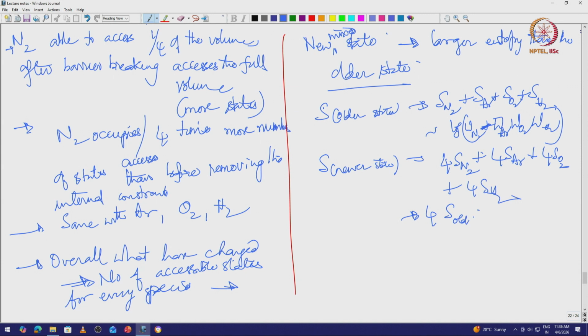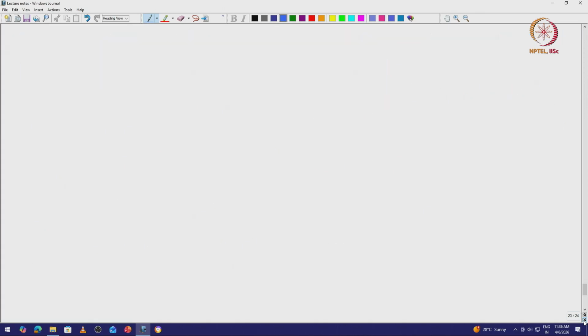So, in this problem, nothing else seems to be changing, but the entropy of the system has increased. All right. Now, let us give one more example. Before actually stating the second law of thermodynamics, let us give you one more example, and this example is, now let me go to a closed system.